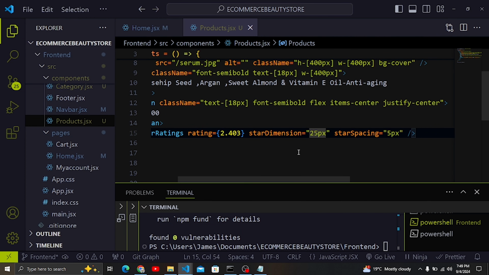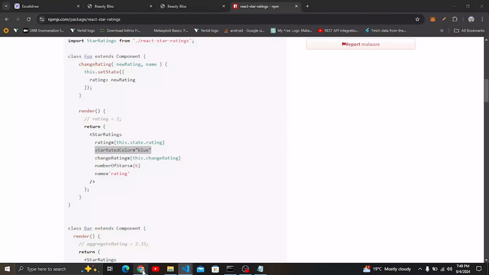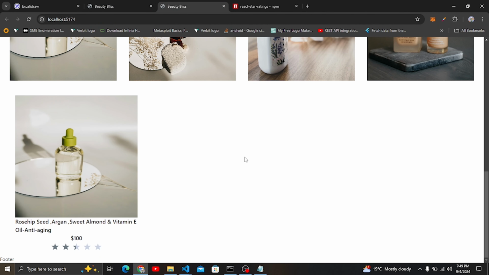So let's add the prop here like that, and then we can specify the color here. For this color, we can give yellow, I think, or orange. Let's see how the yellow color looks. Yeah, you can see how beautiful it is. So now we have this component here for the star rating, and also this one as a whole as a